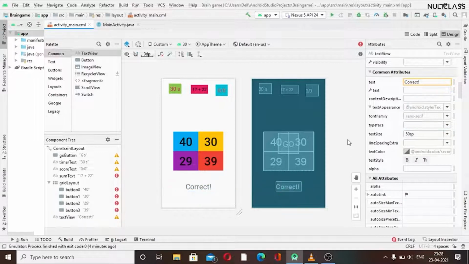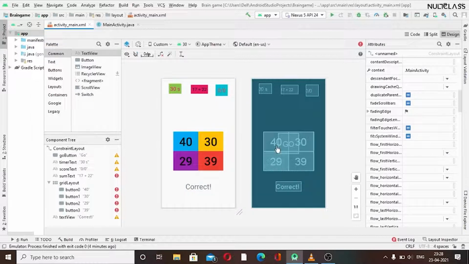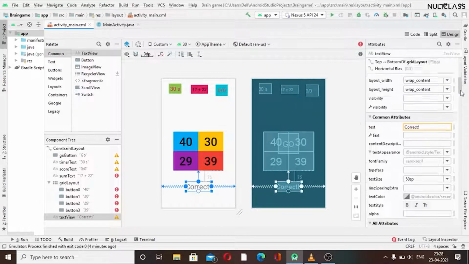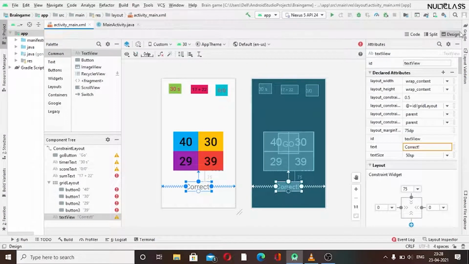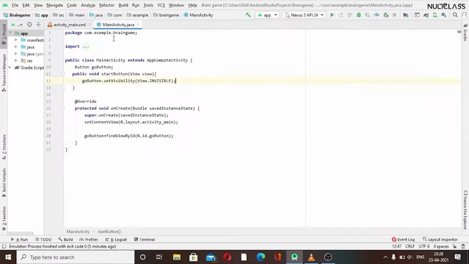We can give text color also, but I think this will be okay as it will all be colorful then. Now we will just give it an ID, and then we will be done with our visual parts. So I will say it as result text, as we have to show the result here whether it's correct or wrong. Now we will quickly go to the coding part.